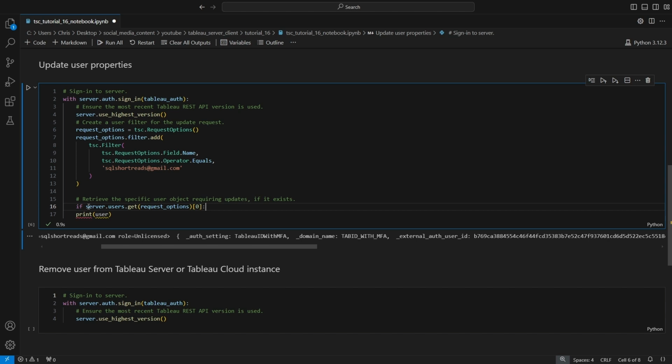So this, again, returns a tuple, right? As we see here. So this returns a tuple, and we're going to check the first index in that tuple. And that index is actually a list object, right? So we're going to check if this is empty or not. And if it isn't, then we're going to say user